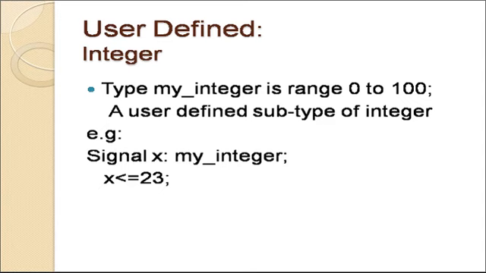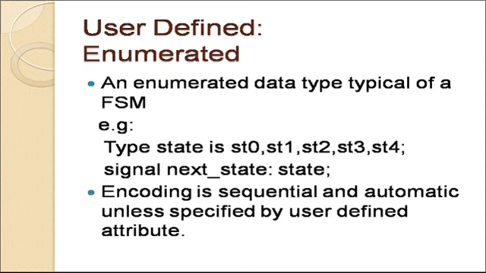Similarly, you can have a user defined enumerated type also. I have told you earlier that whatever we have seen, that is bit, boolean and std_logic, these are all predefined enumerated types of VHDL. You can have a user defined enumerated type also. Here the example of the user defined enumerated type is state. This is a type declaration. That's why you can see the statement: type state is (st0, st1, st2, st3, st4);